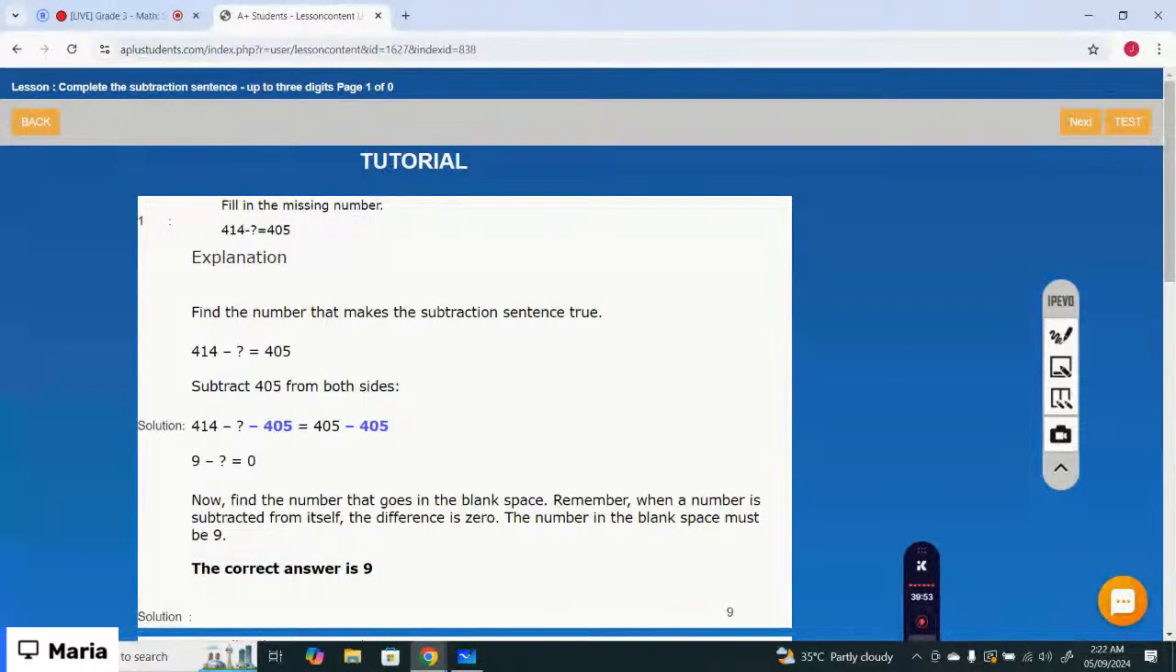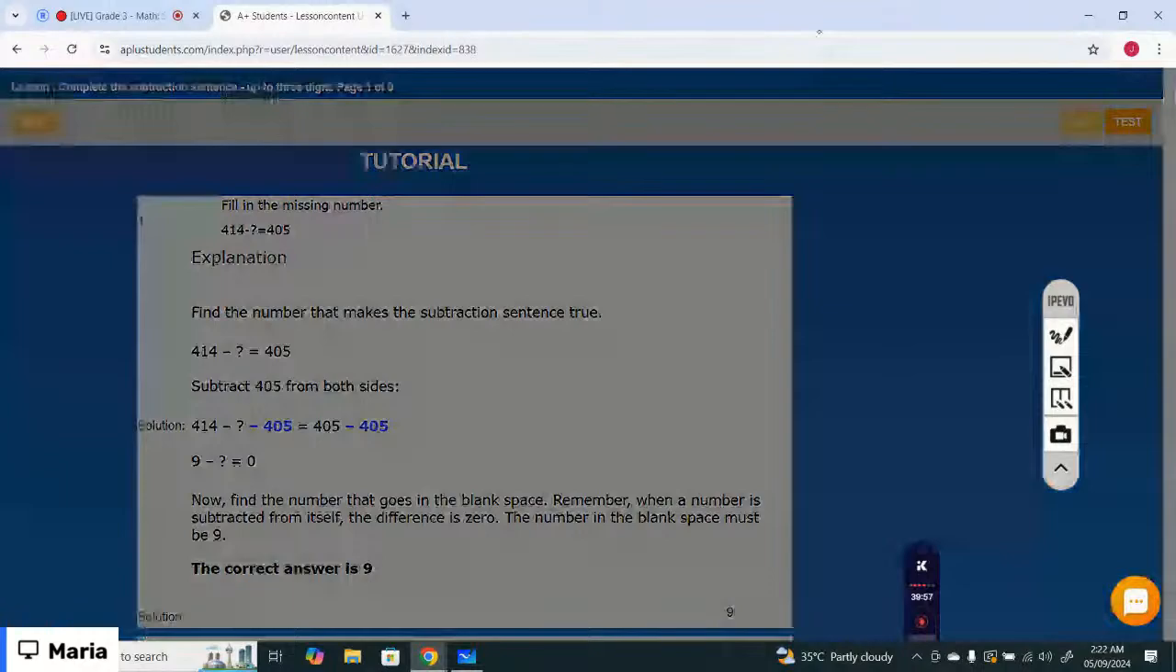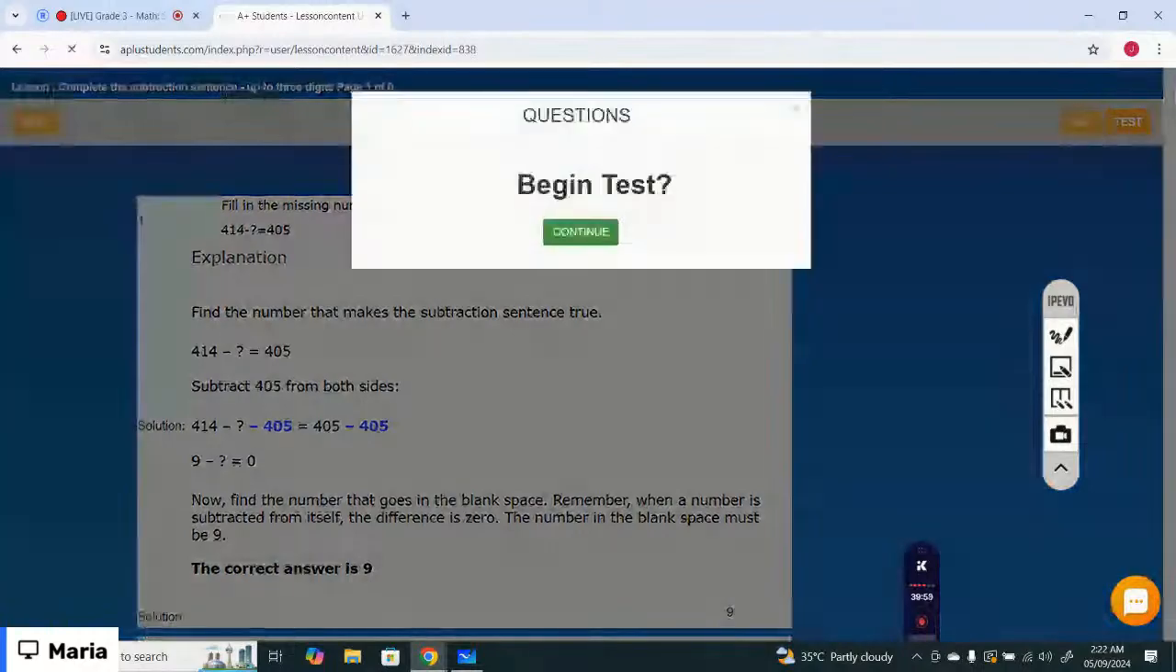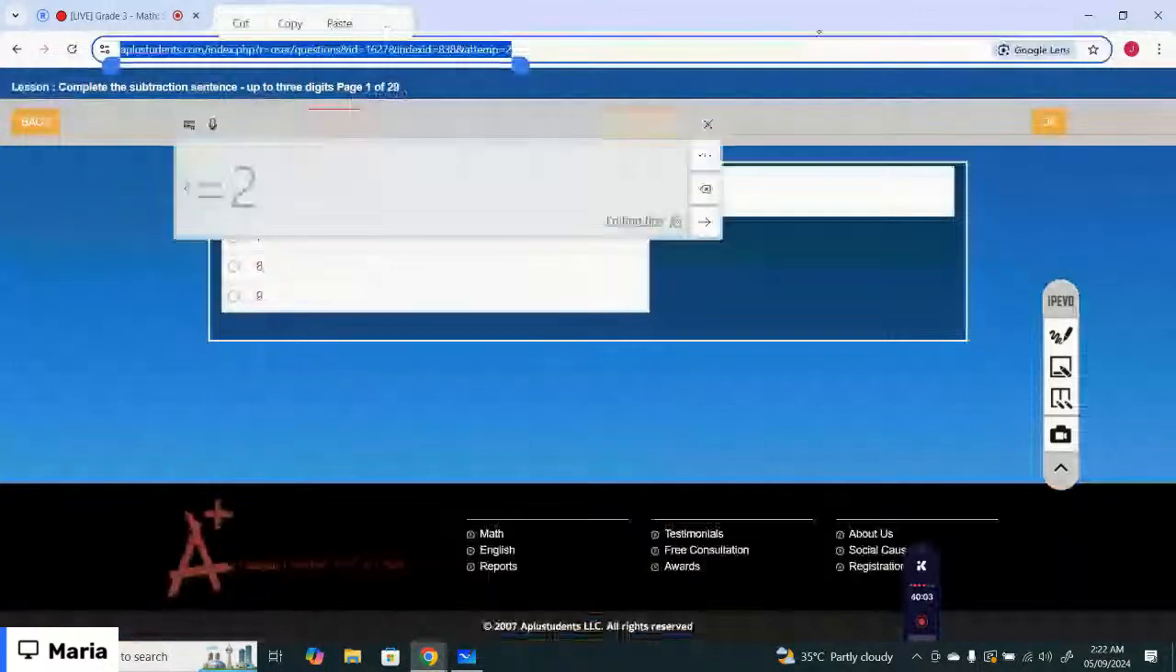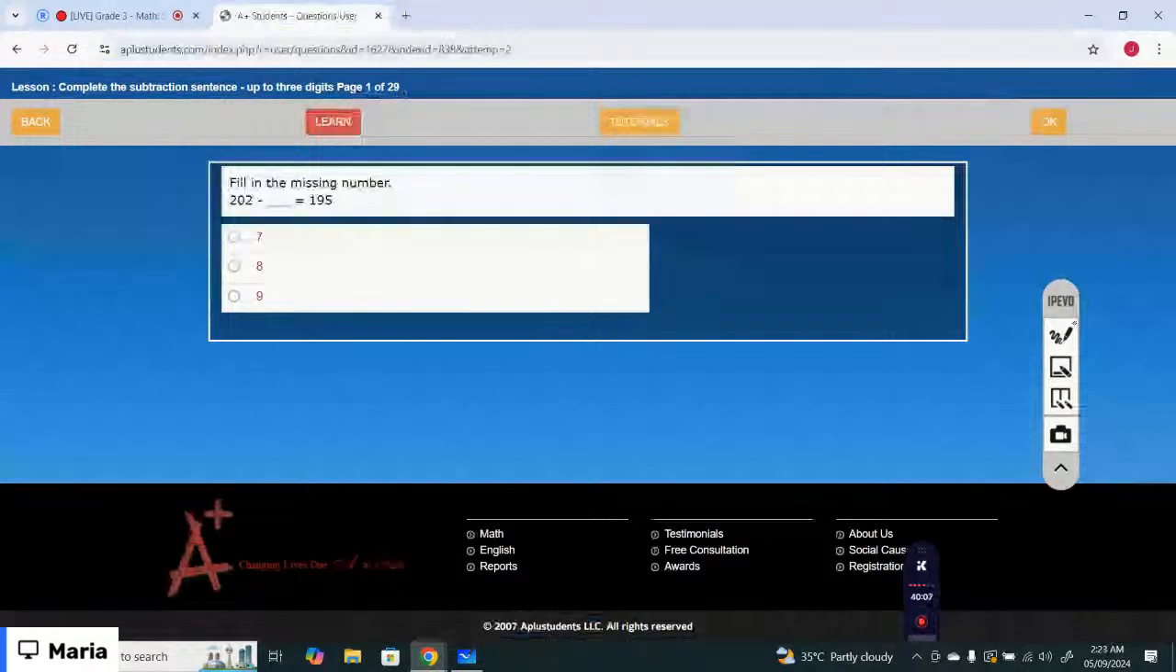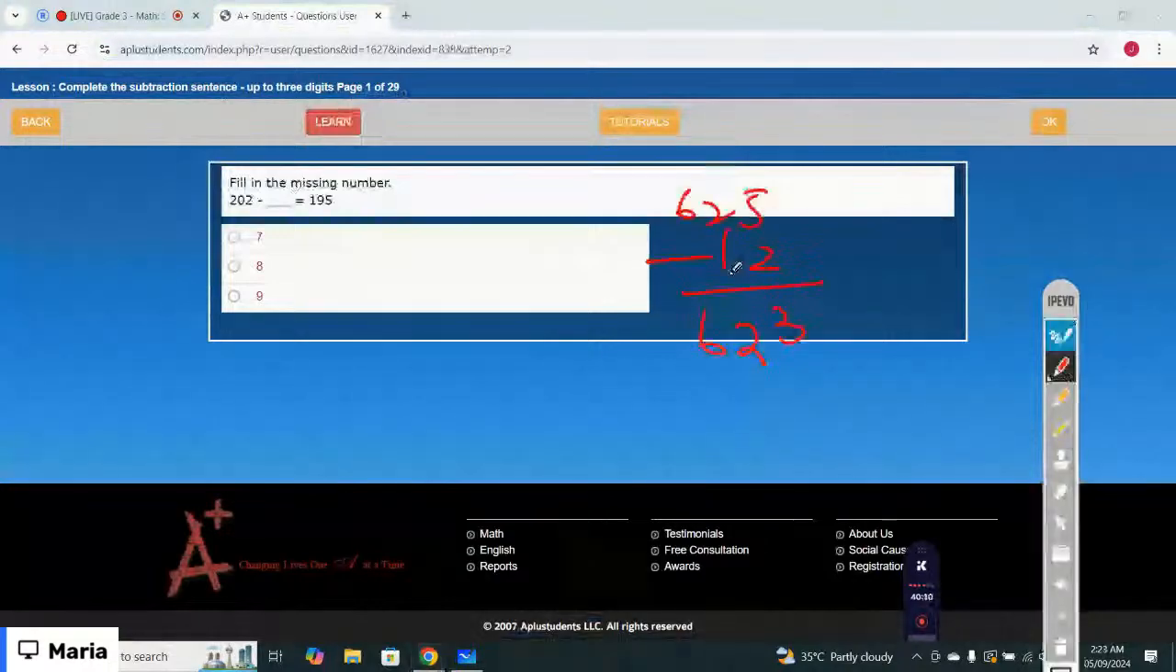Okay, let me just start with the test questions, we'll do it on the board. This one is already solved. You can have a look at the questions later today, right? Okay, let's just start with the example, that is 202 minus the missing number equals